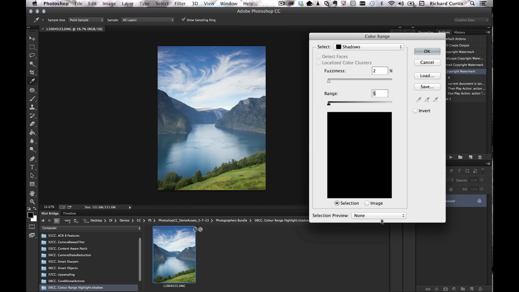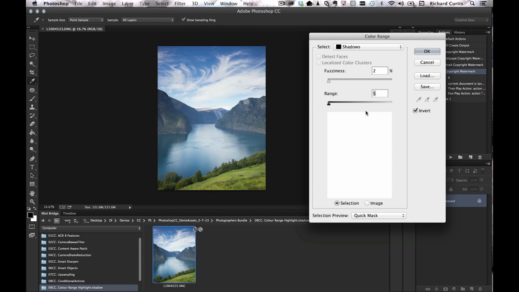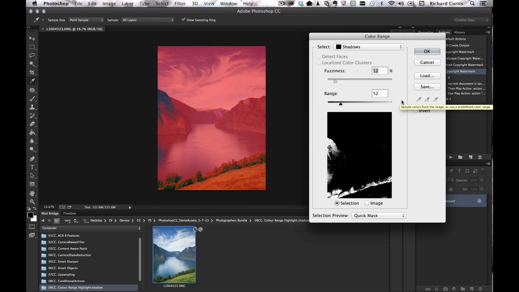So if I go and change my selection preview to be a quick mask, I'm just going to invert that and show the selection over here. I can just pull in the range. You can see that the mask is building up, and I can see that my areas in the picture and the mask are starting to build up as well. And I'm going to pull in some feathering. So I'm going to pick up the other shadow details based upon the feather of that whole tonal range. So bring in the fuzziness, and you can see there it brings not only the trees on the mountain but also trees over here in the sea as well. I'm going to invert that back and turn the invert off, so create me the mask just for those areas,